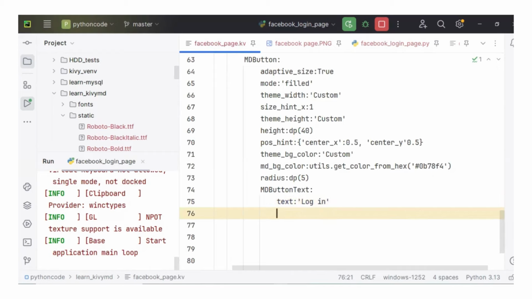The font style for the text, font size, should be, let's say, title. We have been using title, so let's use title. And the role should be medium. Medium. I already explained all this. The role should be medium, and